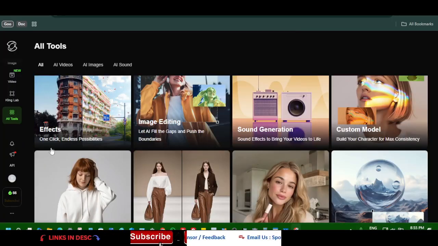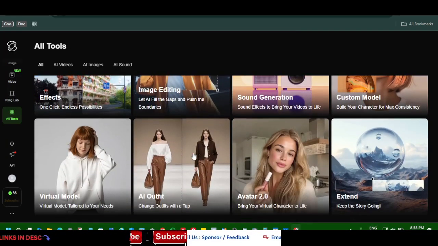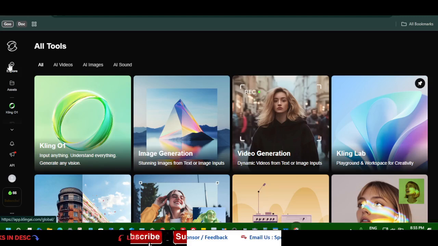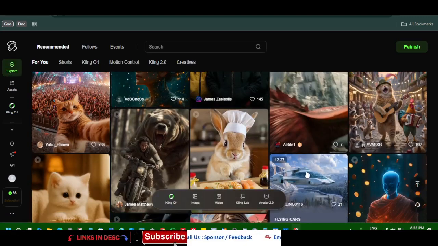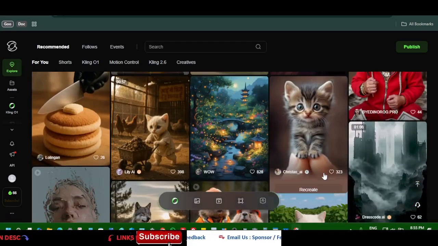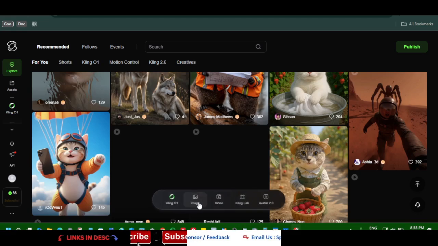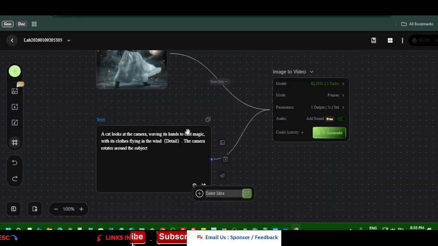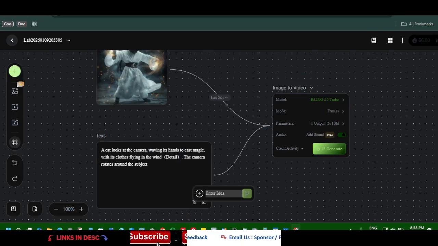Hi, so this is a quick walkthrough with the Kling AI tool. These are the tools you can use, and these are the works actually created or generated by some of the best authors. So you have the Kling Lab. This is the Kling Lab. I will give you an idea of how you can use them, and these are the workflows you can work on